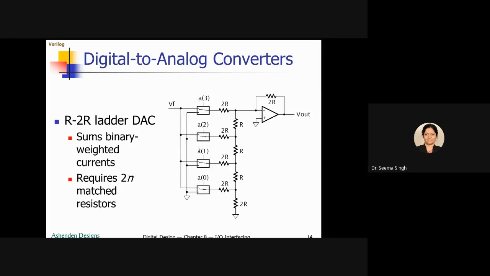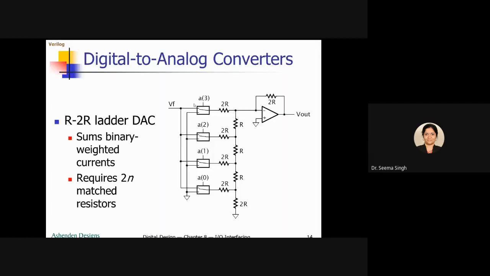Okay, next is your digital to analog converter of R to 2R ladder. Now again, this is very simple. You can see the connection, how it is. Again, this is showing you for 4 bits. So what you can see, if you imagine all of it is 1, 1, 1, then what happens? 1 means it will be connected to the upper connection. 0 means it will be connected to the down connection.